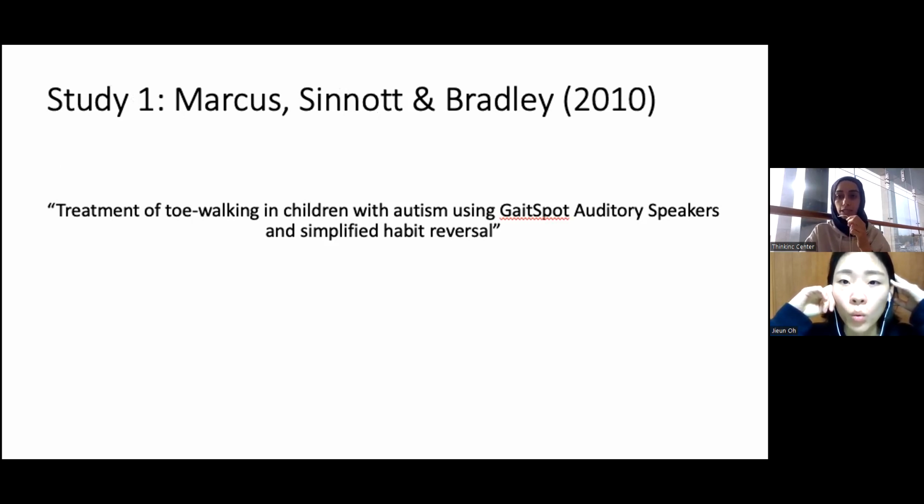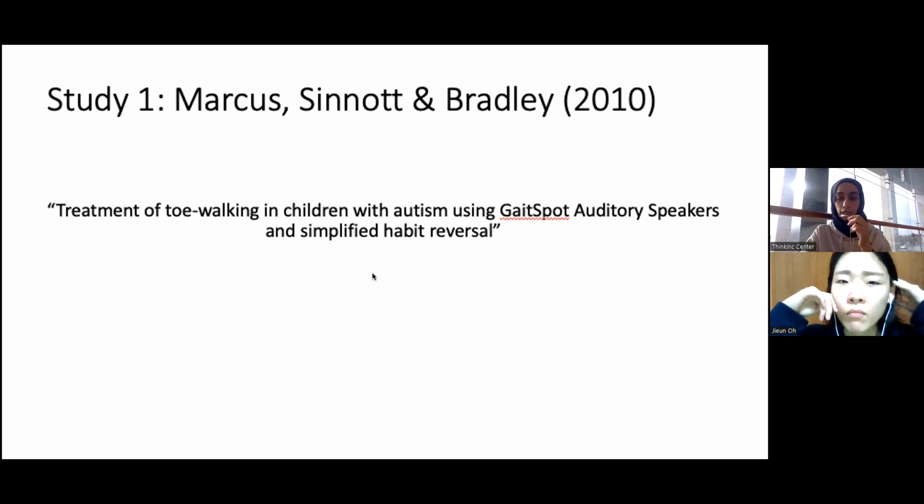It is quite old, but like I said, there isn't a lot of research, and it's only a couple of things that I've managed to find, a couple of studies. The first one is called Treatment of Toe Walking in Children with Autism using Gait-Triggered Auditory Squeakers and Simplified Habit Reversal. So in this study, they used